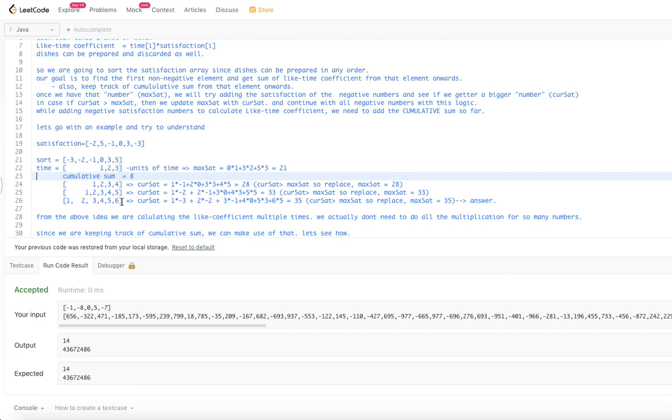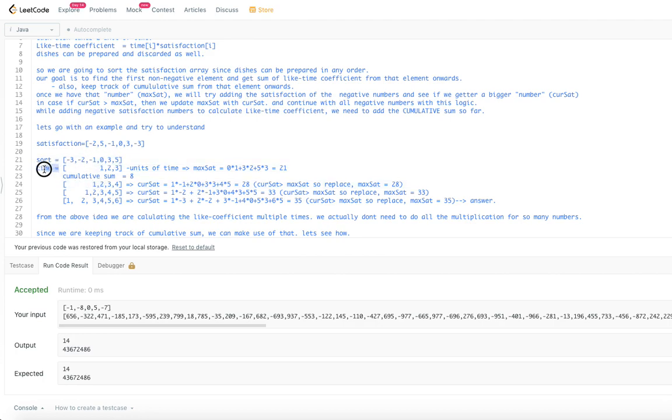That's what we got. And what we said is, next we are going to consider the negative elements also, right. So what are we going to do by considering the negative satisfaction values? Because the chef can discard, right. Dishes can be prepared and discarded as well, right. So that is what we are going to do. Now we just move 1 left. Previously we were considering only these 3. Now let's consider these 4. That is what I am doing.